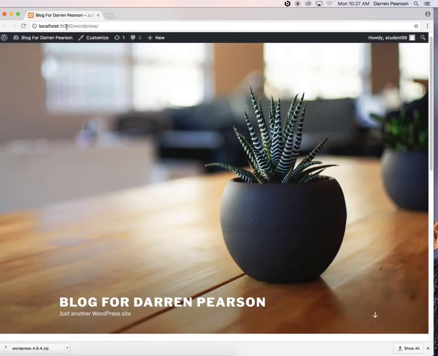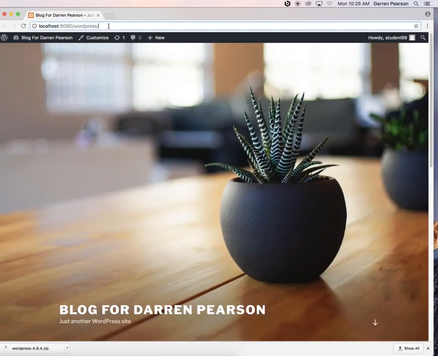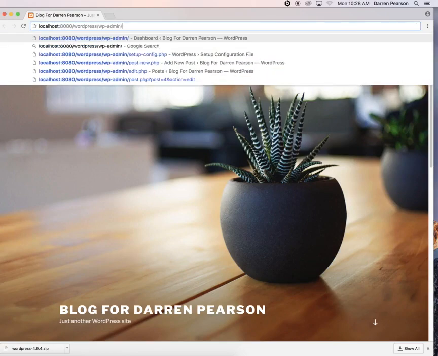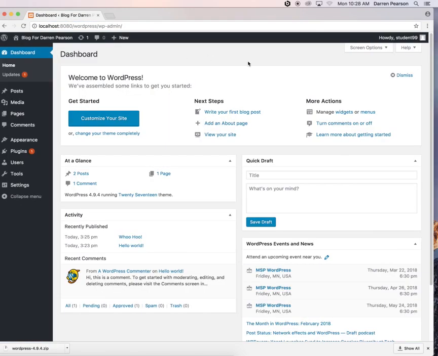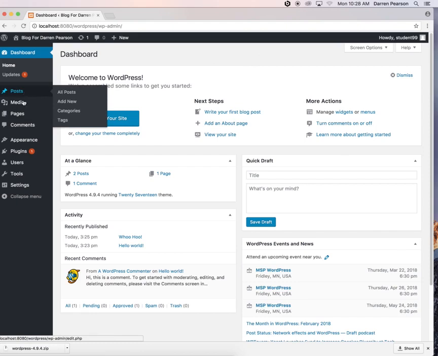At this point now, if I refresh this, woohoo, there we are. So there's localhost:8080/WordPress, which shows the public page. I go to localhost:8080/WordPress/wp-admin, and it looks like it remembered my username and password. Yep, I'm logged in as student99, and I can go and create posts or pages and do all my other stuff. When I'm done,